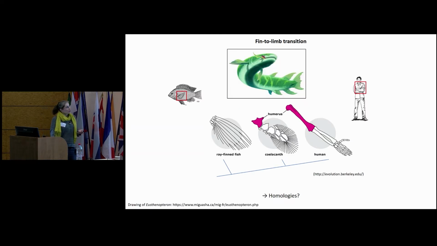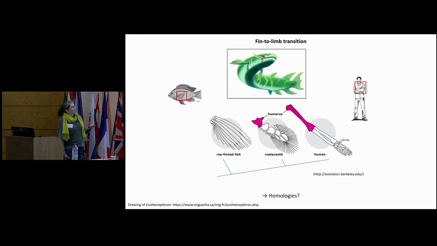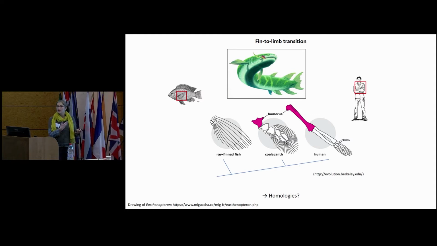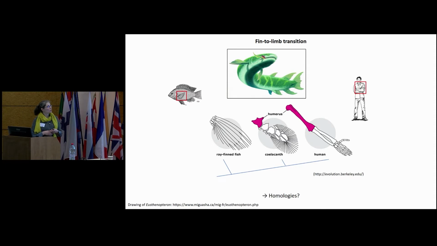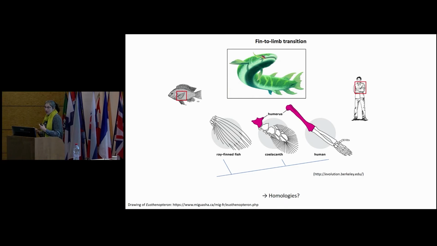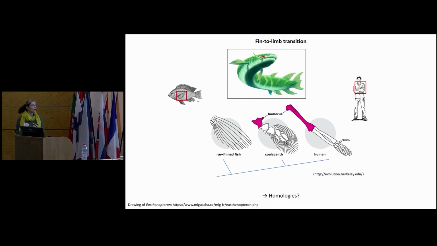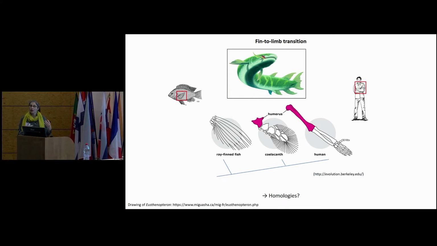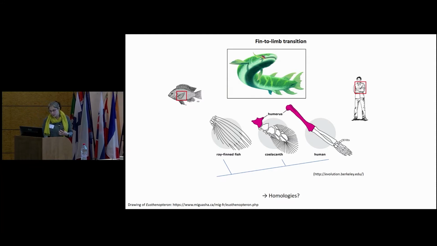So as paleontologists, we had the idea to look at fossils like this Eusthenopteron. This is a lobefin fish which lived during the Devonian, 360 million years ago, and which has an ossified fin like that. First, it has an ossified, mineralized fin, and in addition, we have several specimens, like a growth series, so we can also study the development of these animals.